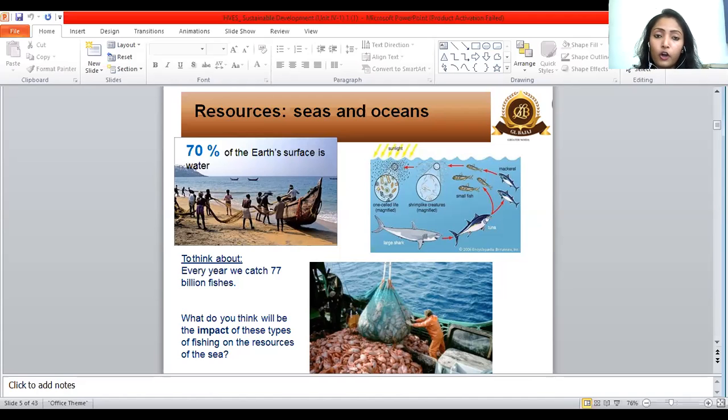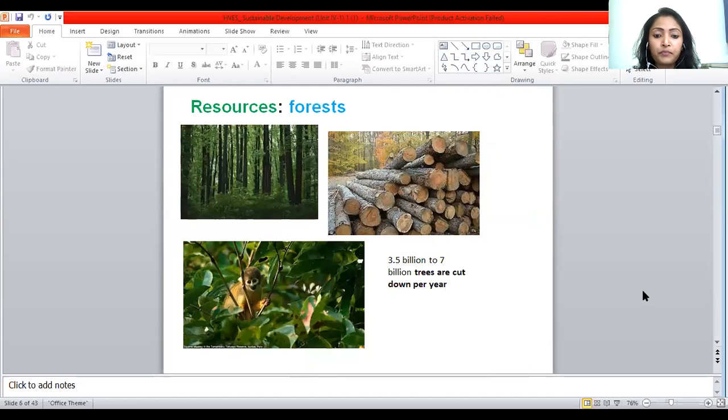So fortunately a lot of agencies are working to save fishes, and a lot of government policies and regulations are there to impose a limit on the fish catching process and the number of fish that you can catch. And of course there is a license that the government provides to the fish catchers, that they have to follow certain guidelines and regulations. So this was about the marine life that I wanted to discuss.